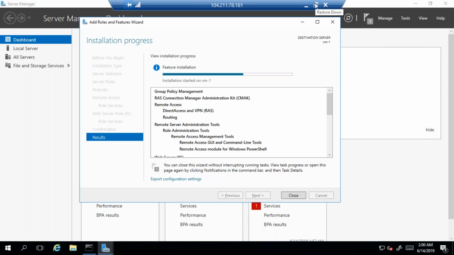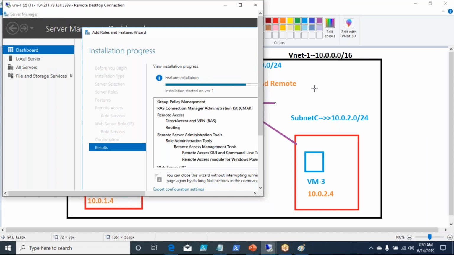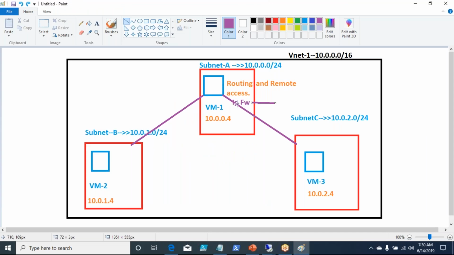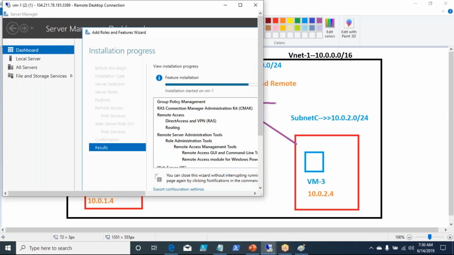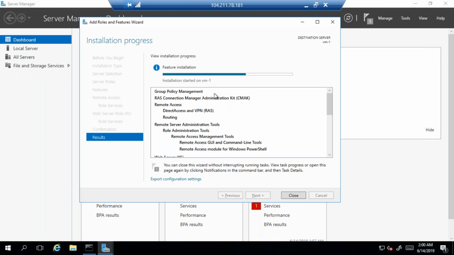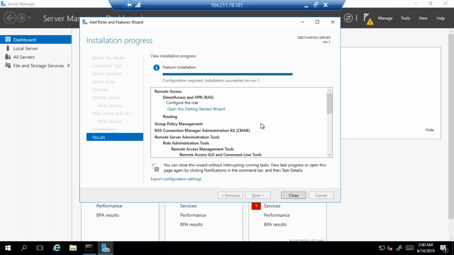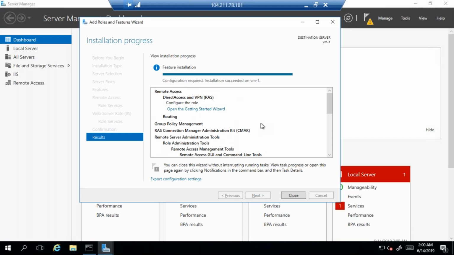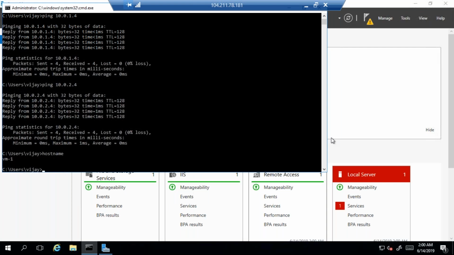Once the installation is completed, we have to enable IP forwarding on the network interface card of this particular virtual machine. That's what we will be doing after completing this configuration of routing and remote access. Now, if you have any other appliance router that you can use, you can also use that. We have some other solutions around that, so you can also use that.